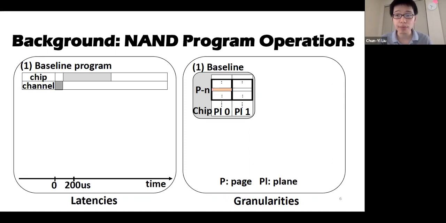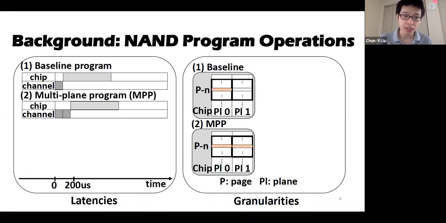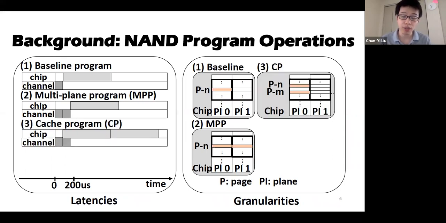This is the baseline operation. As you can see, there is a multi-plane architecture of the chip. So they already invented the multi-plane operation, which programs multiple planes at the same time to improve the entire throughput. And the third one is the cache program operation, which is introduced to hide the channel transfer time. Because as you can see, by doing so, we can hide the channel transfer time to increase the write